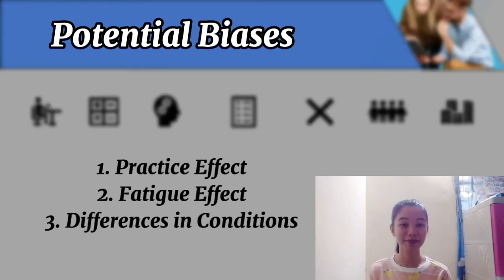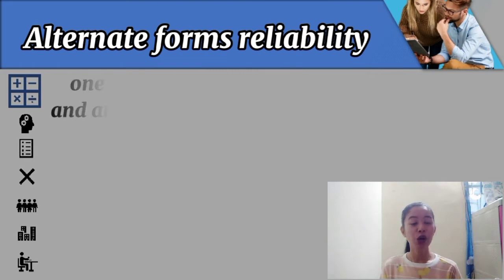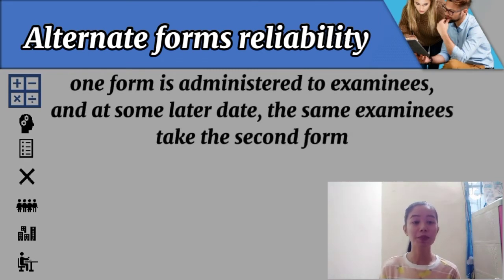Alternate forms reliability, or the consistency of test results between two different but equivalent forms of a test. Alternate forms reliability is used when it is necessary to have two forms of the same test. A test would be deemed reliable if differences in one test's observed scores correlate with differences in an equivalent test's scores. Alternate form occurs when an individual is given one form of the test and after a period of time, usually a week or so, the person is given a different version of the same test.